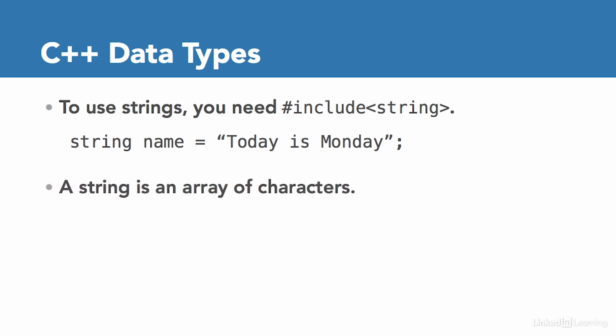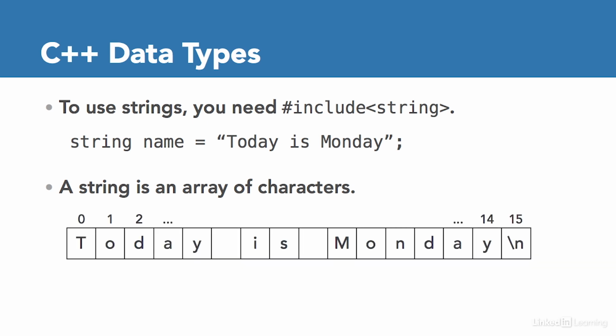And since a string is an array of characters, it actually puts each letter into its own spot. Here we can see the array. All arrays and vectors are referenced using an index. The index starts at 0. So, for example, the T in today is stored at position 0. Then the O is in position 1, all the way to the Y at the end of Monday in position